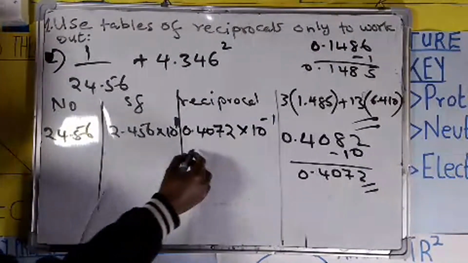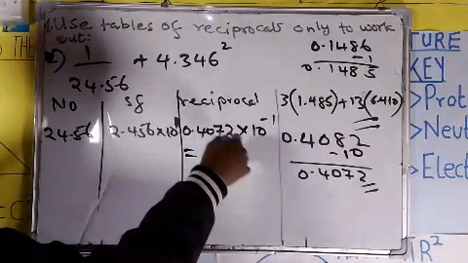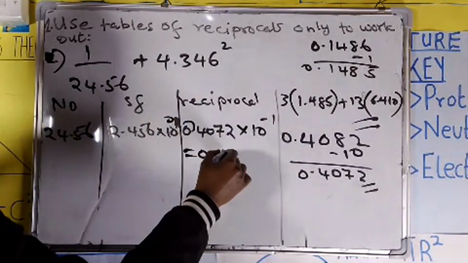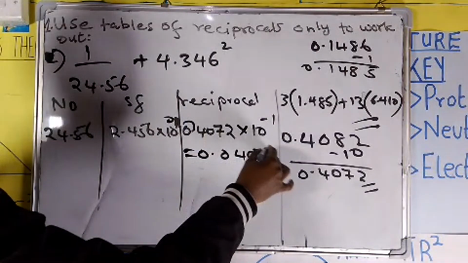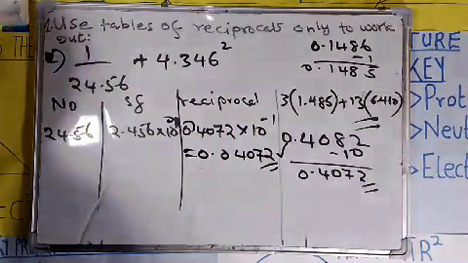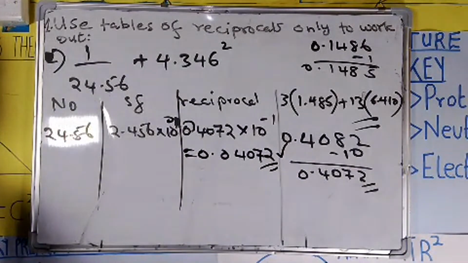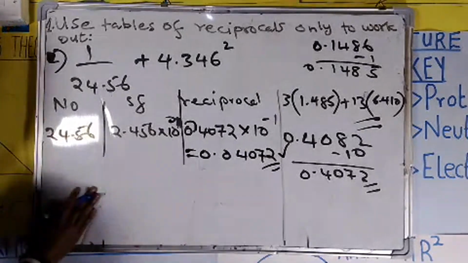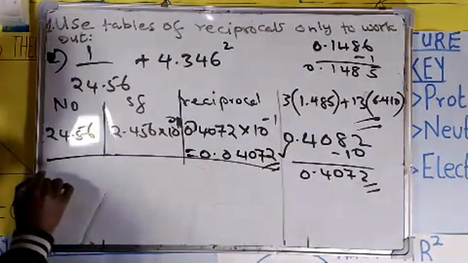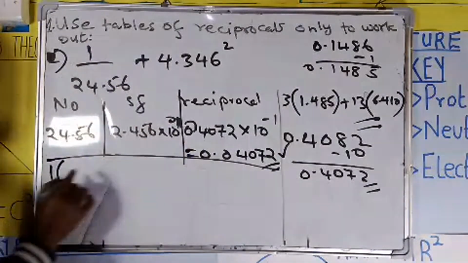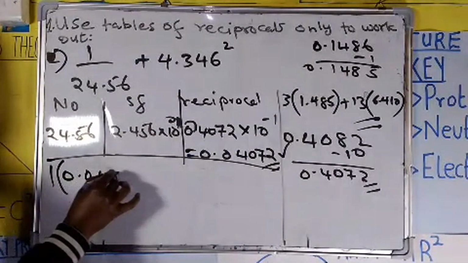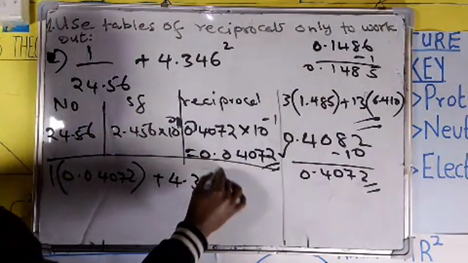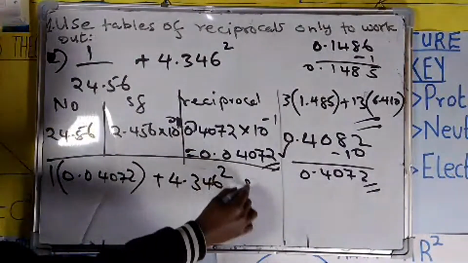So once we do that, we will have 0.04072. We are done with that one. So we will now have 1 times 0.04072 plus 4.346 squared. So we now go to the table of squares